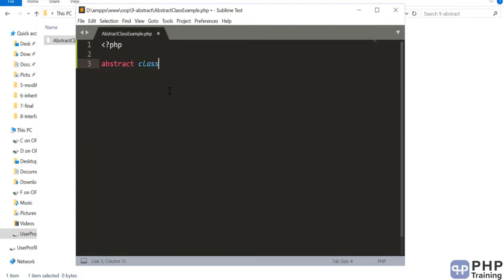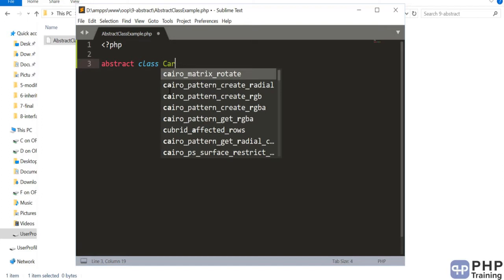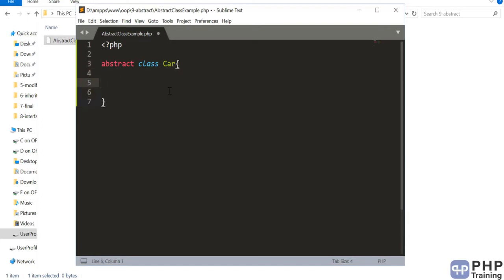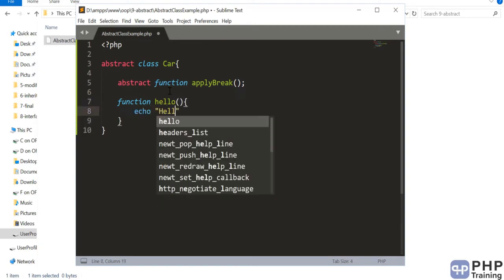Then you define the normal class, say a car class, and then you can define an abstract method, let's say apply break, and you can choose not to implement it. You can also have a hello method, and actually implement that method.